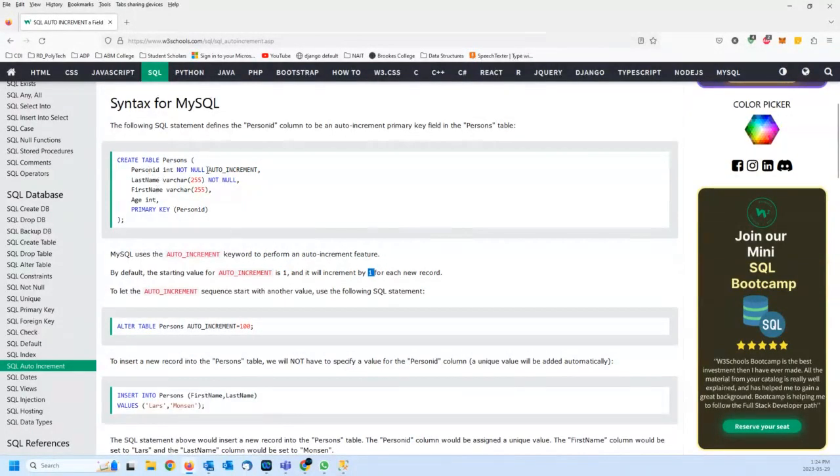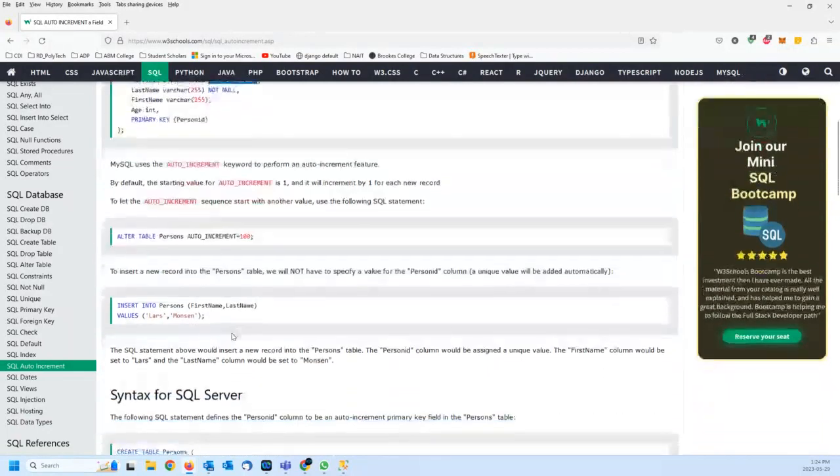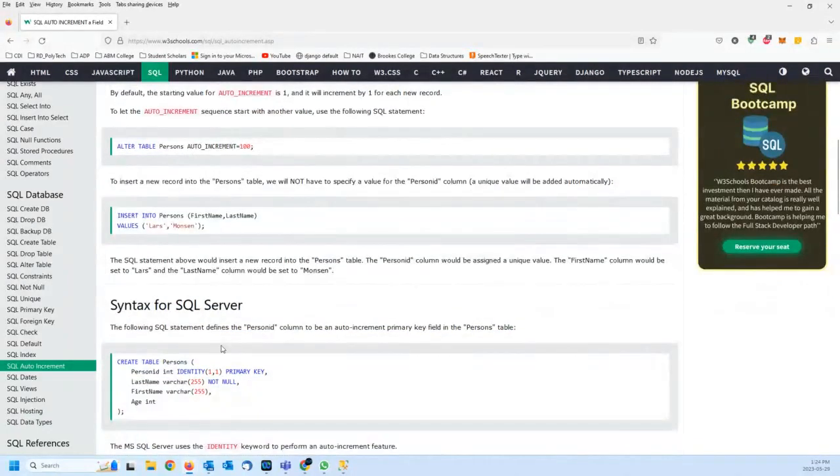So when you say you want an integer not null field and you want it automatically incremented, when you insert the record, you don't even have to mention the person ID. You will just mention the first name and the last name. It will automatically know that for the field created with integer, not null, and the auto increment feature, it will automatically create